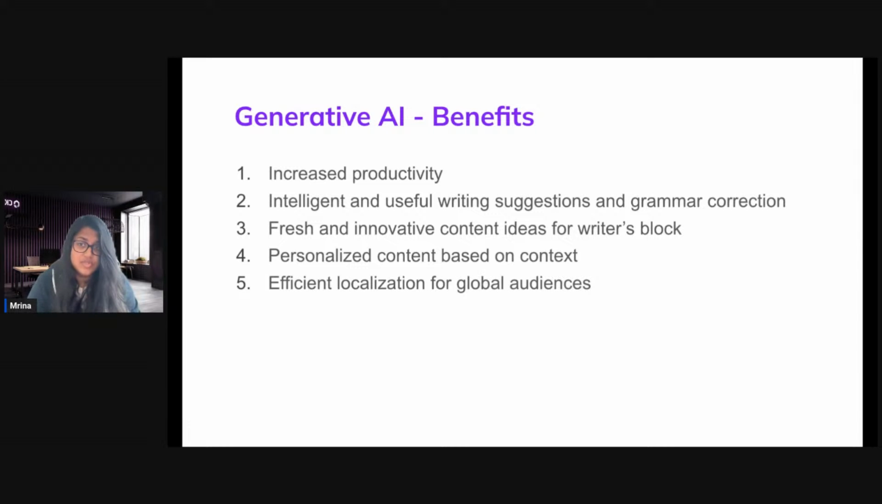I've personally used it on a very regular basis. You can create fresh and innovative content, especially if you have writer's block, if you know kind of where you want things to be. There's also a certain degree to which you can create personalized content based on context. And especially if you're building, for example, in Poland, you want to translate something to English, then there's efficient localization